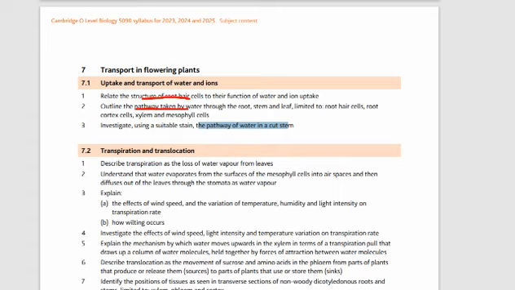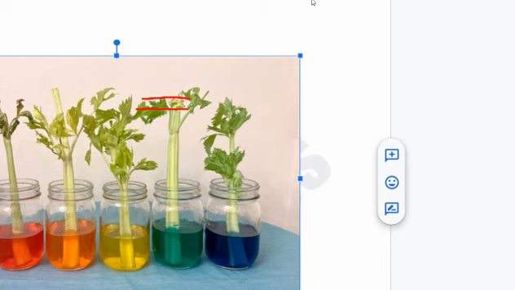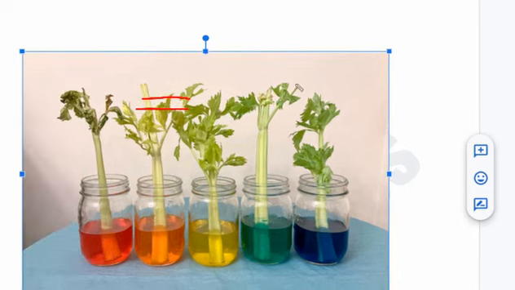For that purpose, we have to see an experiment, and you need some beakers or jars, and some food color. Other than this, for the blue color you can add methylene blue or blue dye. For the green color you can add green dye. For the yellow color you can add yellow dye. For the orange color you can add methylene orange or orange dye, and for the red color you can add eosin or red dye.